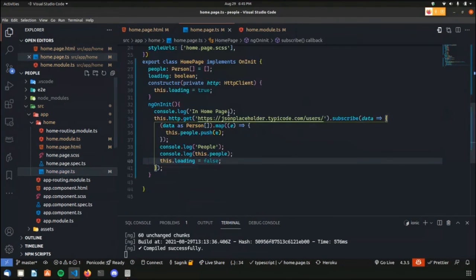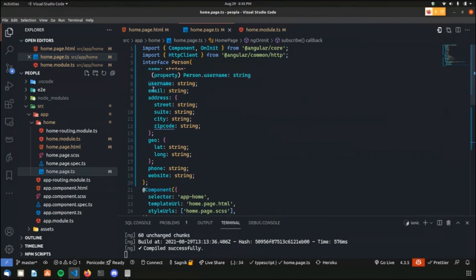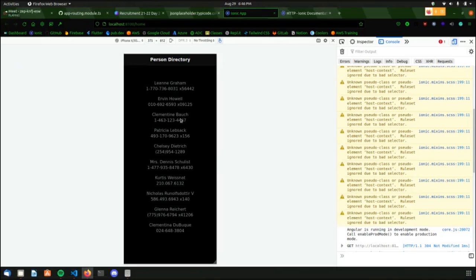So now if you check, I am actually getting a lot of data, not just the name and the phone number. I'm getting their address, their exact location, website, everything. What if I want to show that? We can't possibly show everything in one place, otherwise the user won't feel good about it, and then they won't use the application. So to show it in detail, we can create a separate page. Once you press on a person, only that person's details on whom you've tapped will be shown.